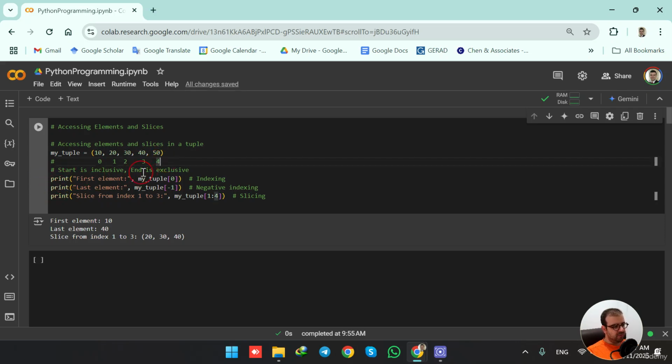So now we would like to access the first element in this tuple. To do that, I'm using the print function, and in the parentheses I have two parts separated by a comma. In the first part, I'm typing the message "first element", colon. Then I type the name of my tuple, and in the square brackets, I type the index of the element that I would like to be printed